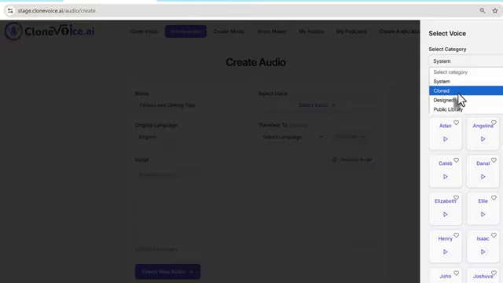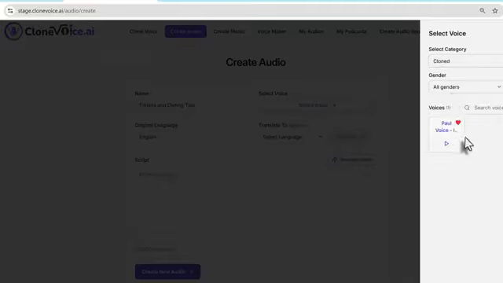Okay, so this is basically where I cloned a voice of my own, or I uploaded a voice and a clone and that sort of thing. I would pick this and then it will show, you see this right here, my voice that I've cloned here. Okay, so since the language is English, this is my English clone voice.